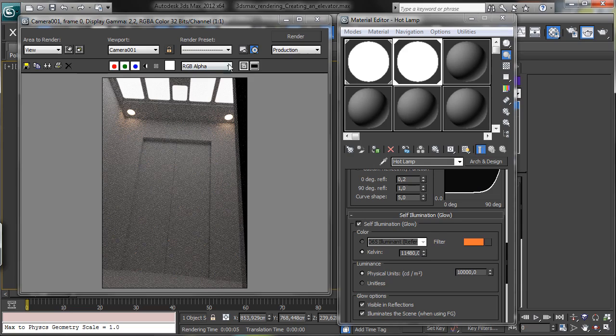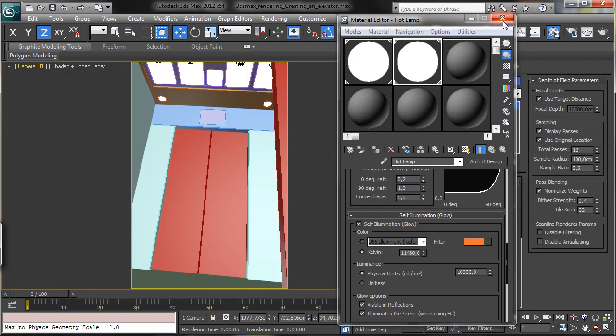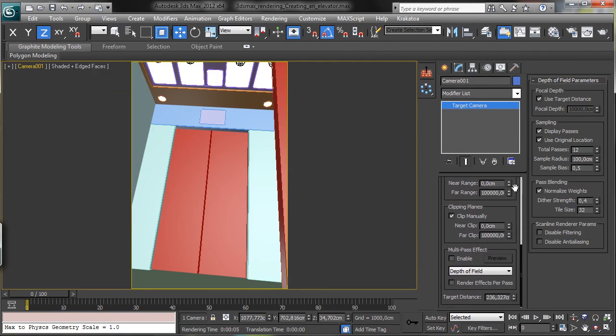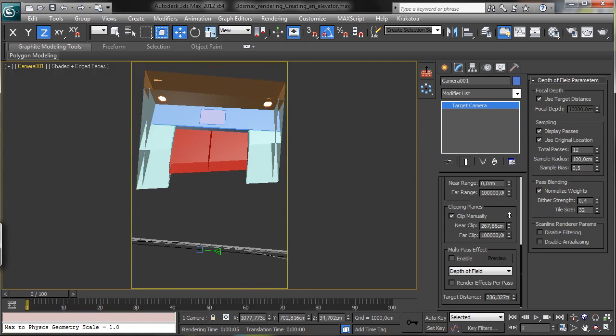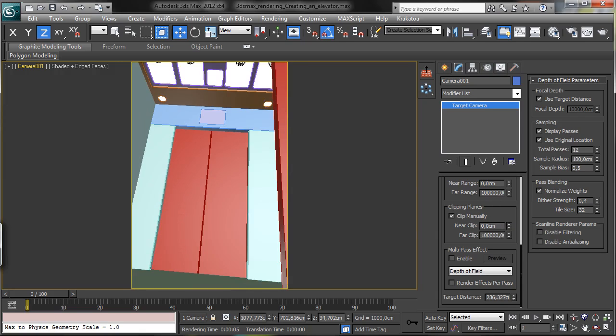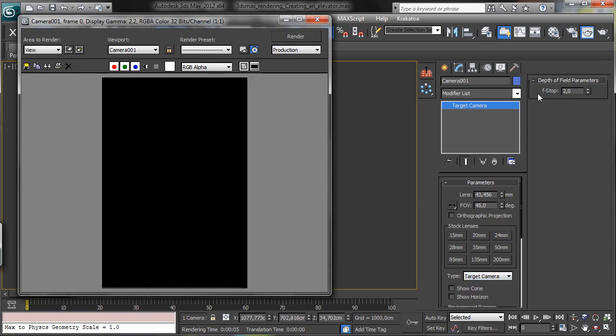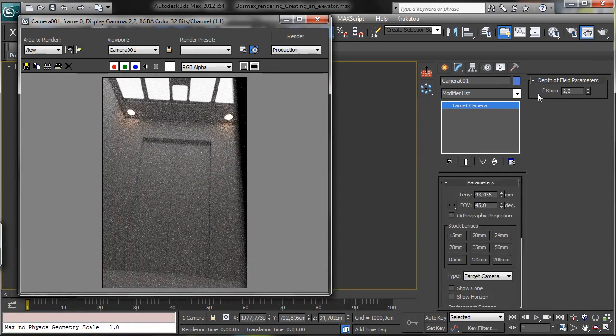stop, and I like to have just a depth of field there. So let's select the camera, so we'll have the basic scene. I'd like to see where is there. Okay, so we like to have the focus there at 260. So let's try with this one, enable mental array, and let's see what happens. And you see that we have the depth of field on the front, and I like to be sure that we have no depth of field there